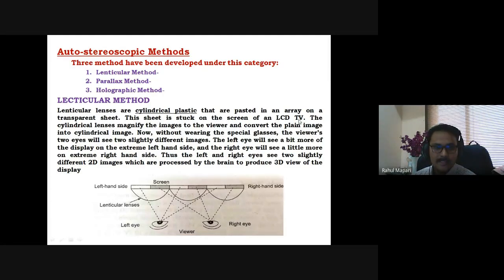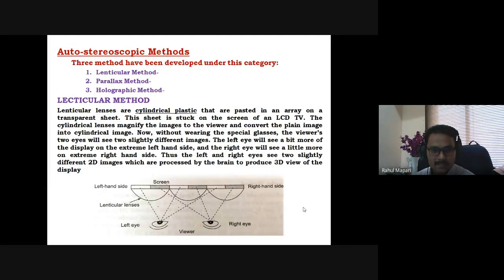These cylindrical lenses magnify the images to the viewer and convert the plane image into a cylindrical image. Now, without wearing special glasses, the viewer's two eyes will see two slightly different images.